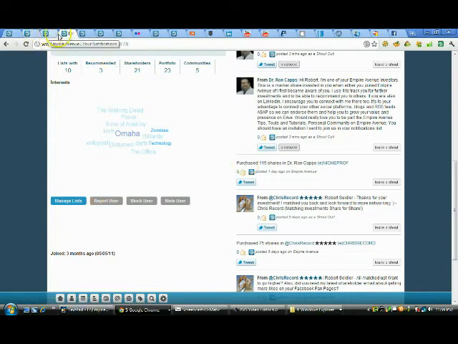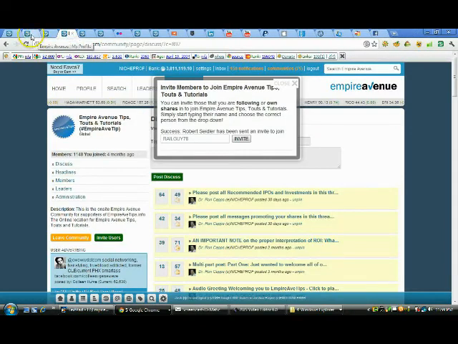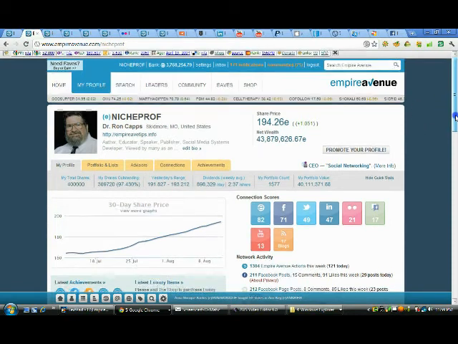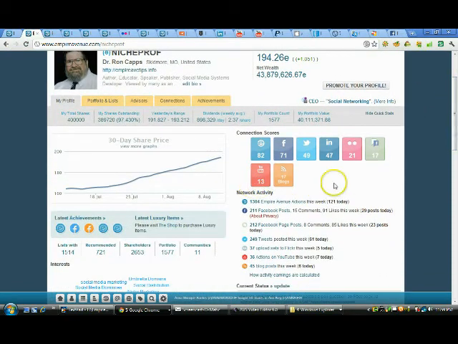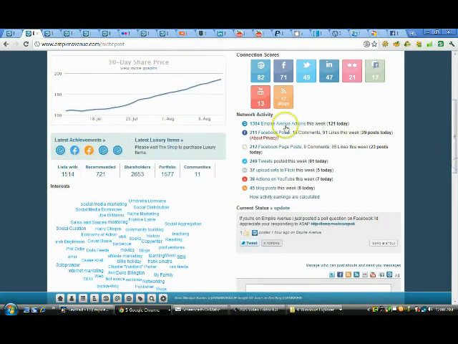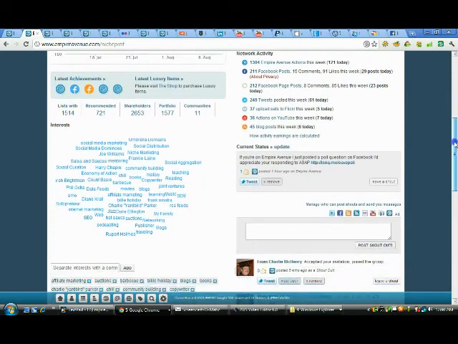I'm going to go back over, now that I've taken care of that, to my profile, and you'll notice that they have now incorporated your blogs into your scoring so that you get a bit of an idea there, and they've retained your network activity here, which is a key element of the game and the strategies that I use. And they've changed the status update a little bit to where you can go in and make a status update. It's more like a shout now.